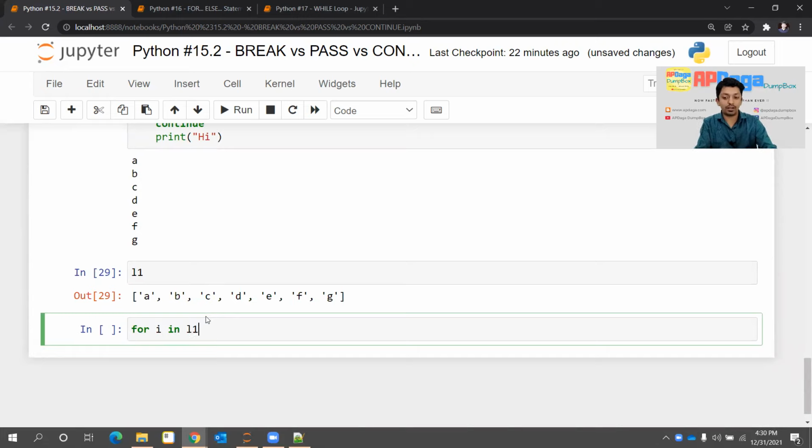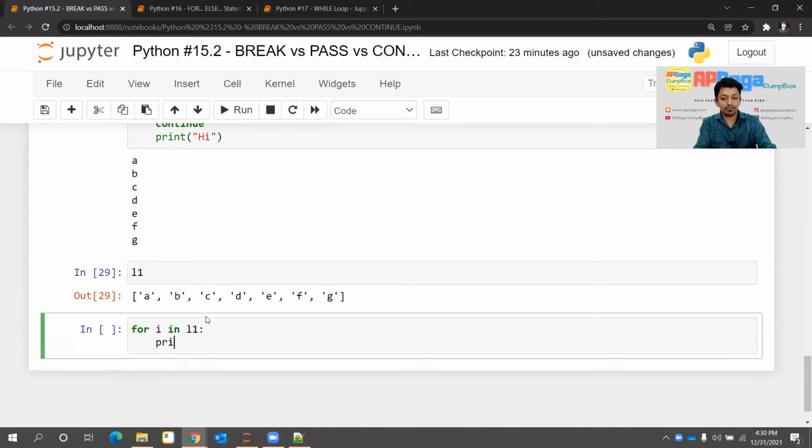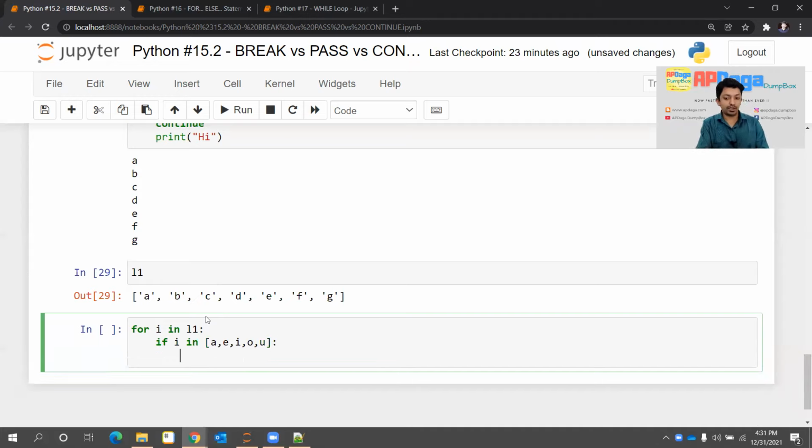For I in L1, print, I'll write if I in A, E, I, O, U, right? I'm considering only small case, not any capital case right now. If that is the case, then I'll write just continue.